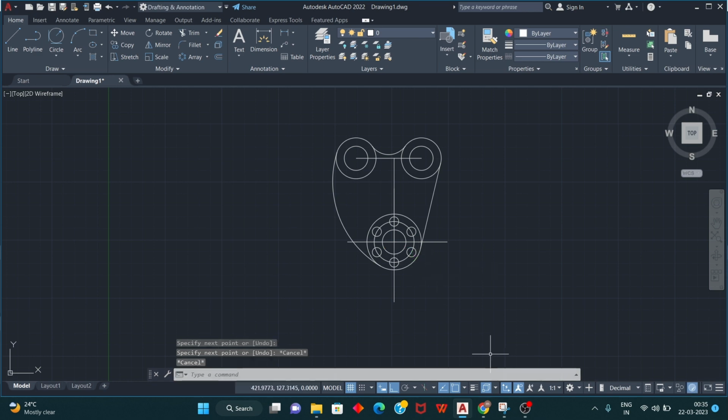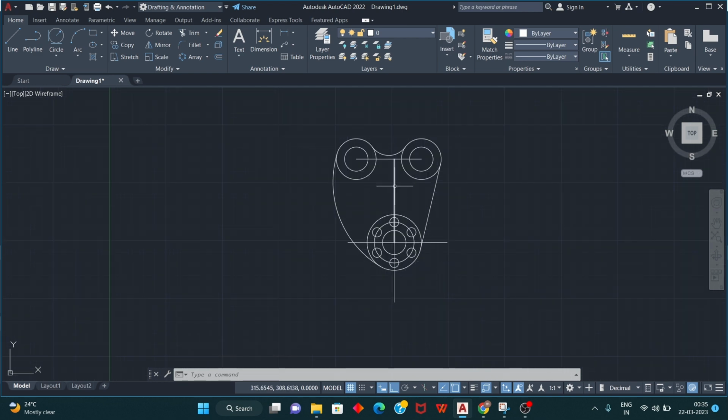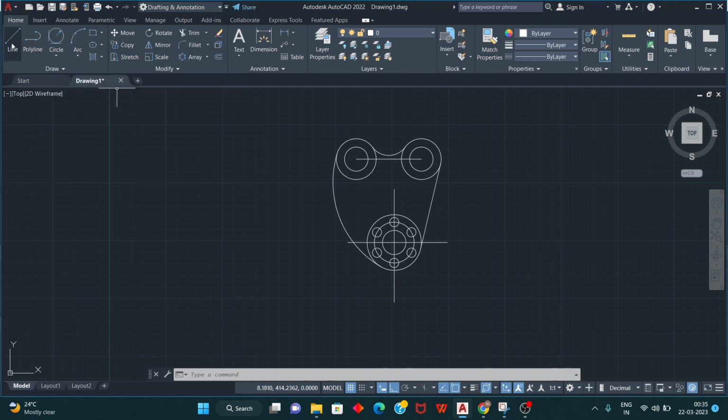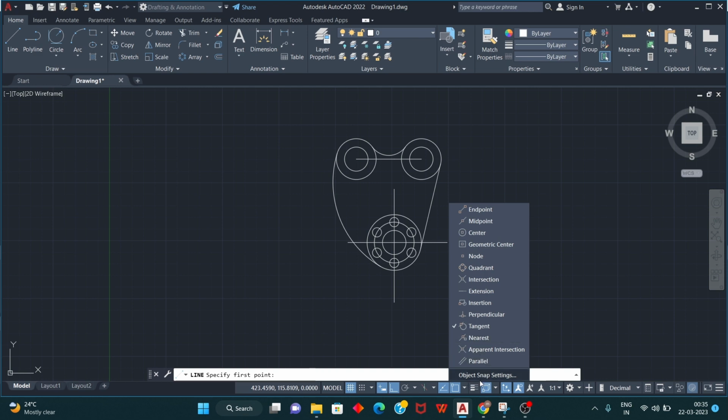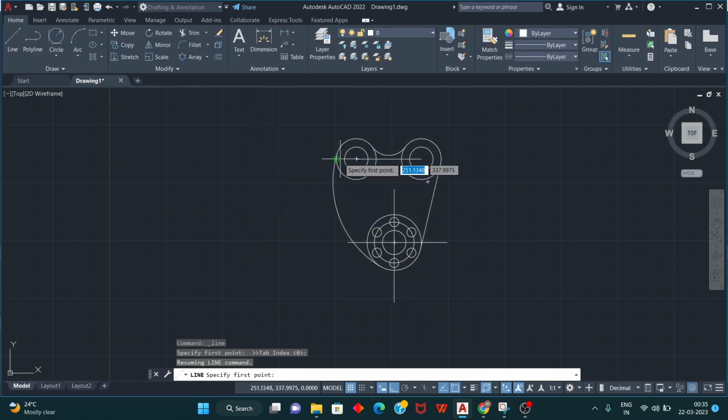That's it. Okay. And unnecessary lines, you can delete. This one also. You can select the line. So make sure that on the object snap settings, everything has been selected. Okay. Then along this line,